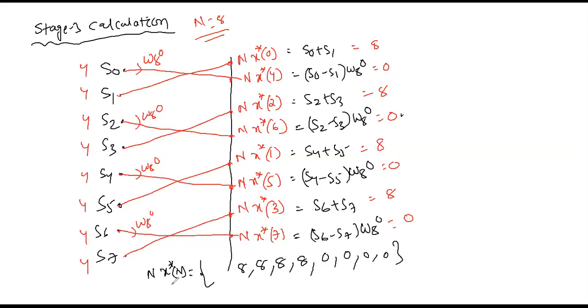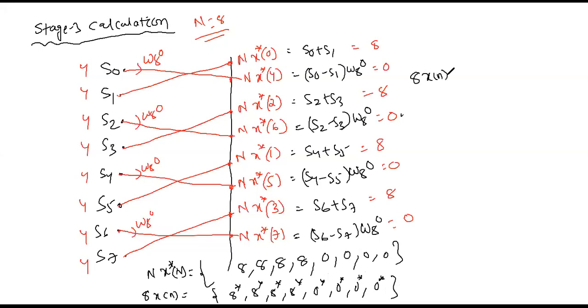Otherwise what to do again? Take conjugate on both sides. That is n is 8, 8 x of n, which means the complete whole conjugate. If you take conjugate on both sides, this is 8 conjugate, this is 8 conjugate, 8 conjugate, 0 conjugate. These all are real numbers, no problem. If it's a complex number, then j must be replaced by minus j. So what did we get finally?